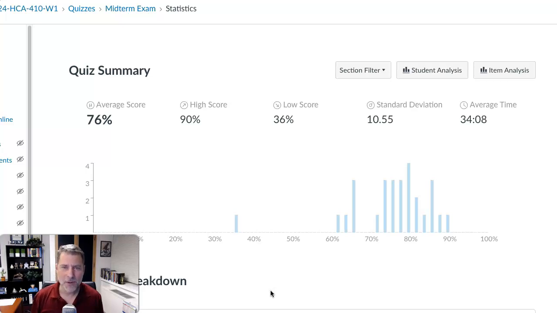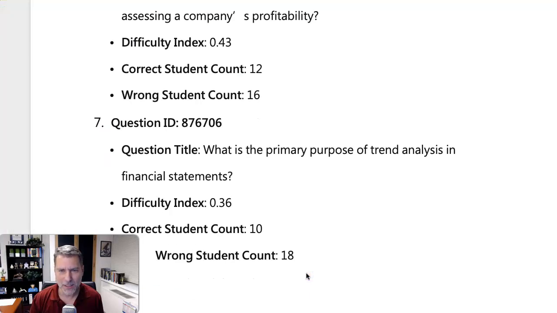And then the high score at a 90. Okay, that's great. We've had a few people that scored 90s, a few people that scored in the very upper 80s. So that part looks kind of good. But let's take a deeper dive into it. And with that, I did basically an analysis on each question.